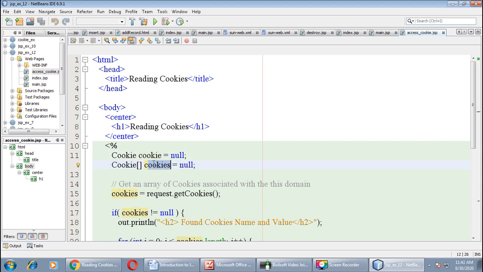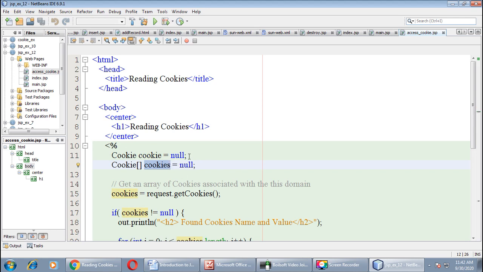See the difference between these two names. The first object is cookie, and here the array of cookie is defined as cookies, and in both objects I have assigned a null value, right?